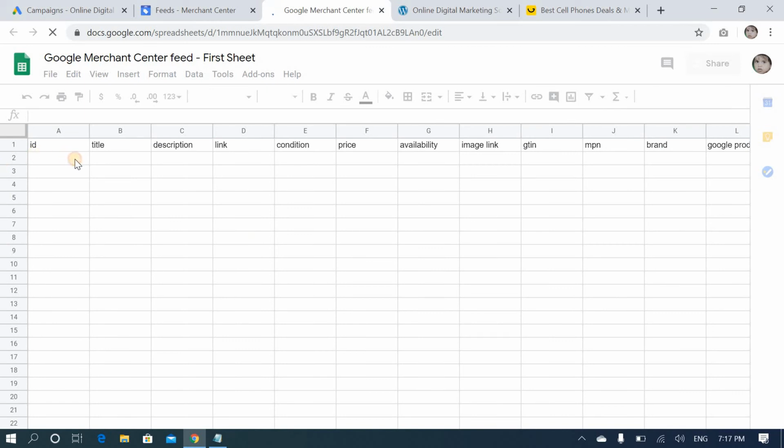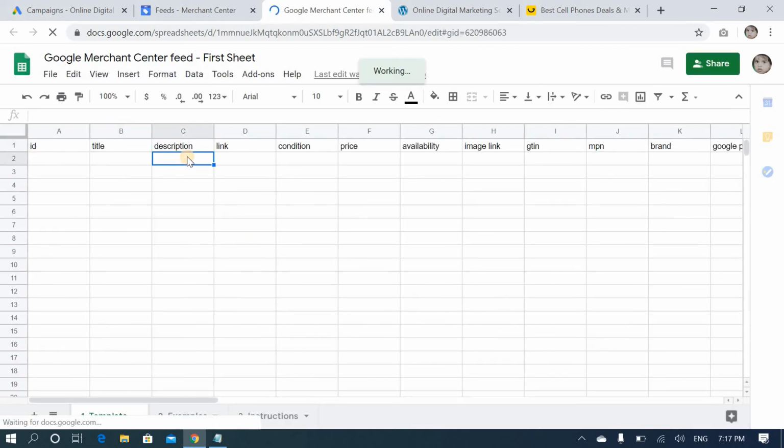Here you have to add the ID, title, description, link, condition, price, availability. So main thing, you have to add all the details manually. In a day you can add up to 10 to 15 like that. Once you add them, Google will take 3 days to review everything. After approval, in Google search results you'll find all the details.